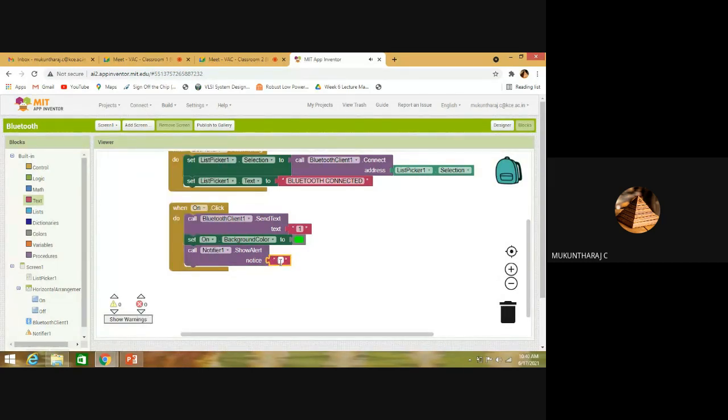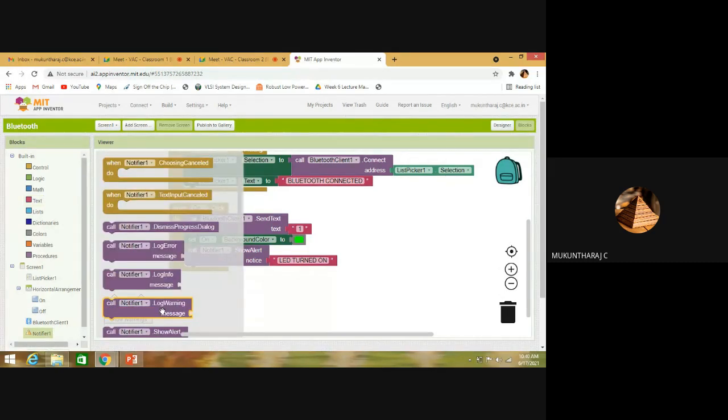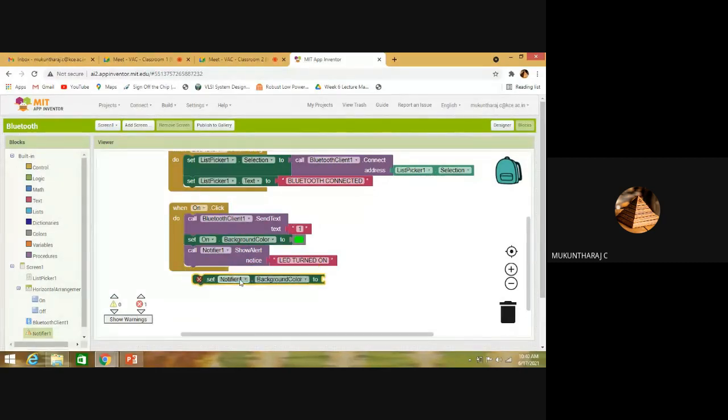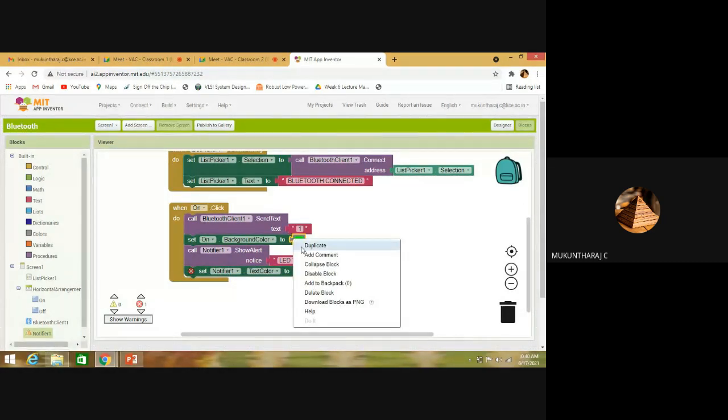The text color of this notice is going to be green, so I can take set notifier one text color instead of background color, and that should also be green.